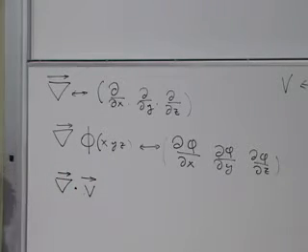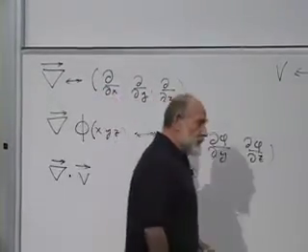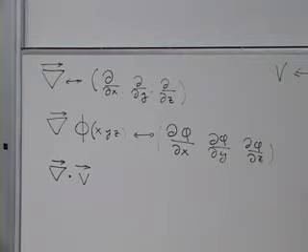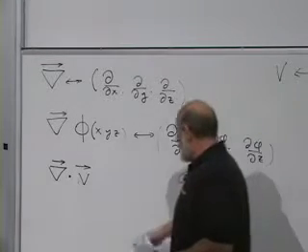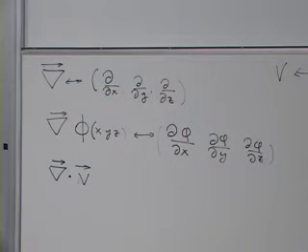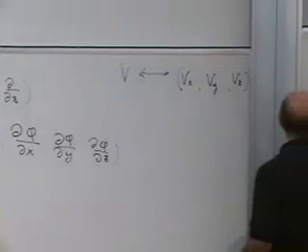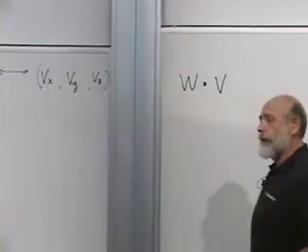Del dot V. That's called the divergence of V. We talked about it last time, but just to give you a little more feel for how the symbols are used, dot stands for dot product. If I have two vectors, let's call one of them W, and let's call the other one V. And I take the dot product of the two vectors. What it stands for